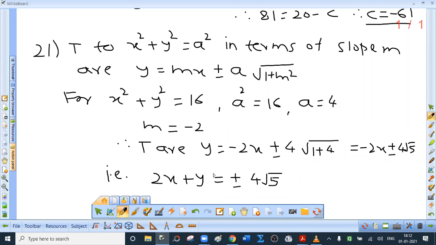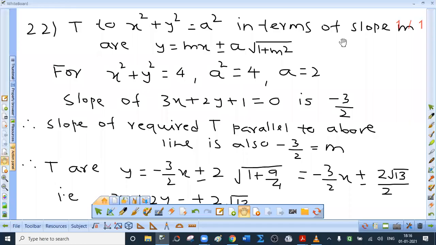So 2x plus y plus minus 4 root 5 equal to 0. Same thing. 22nd,